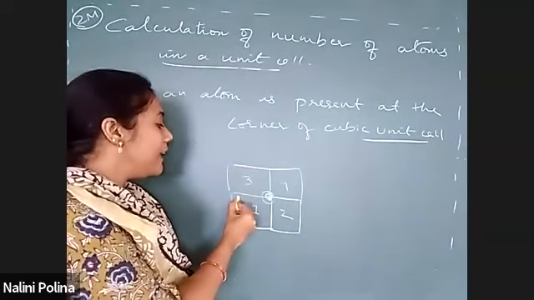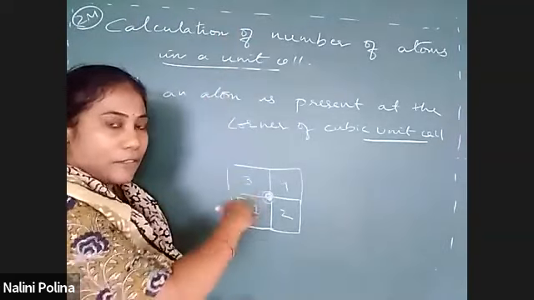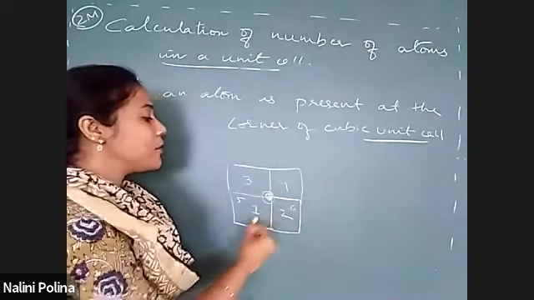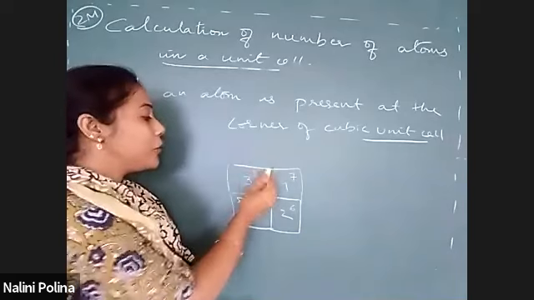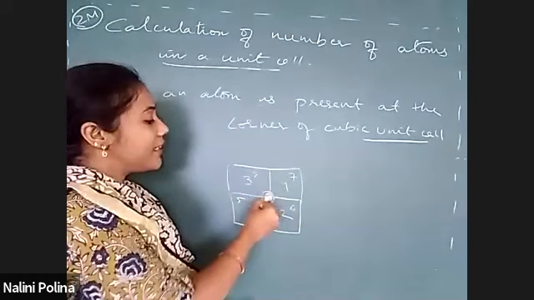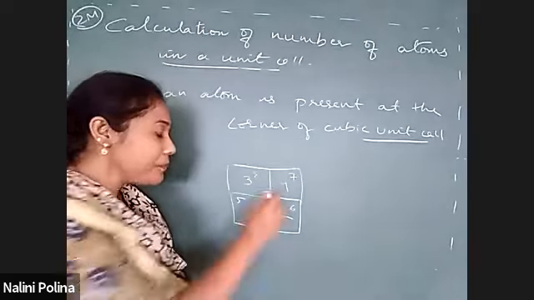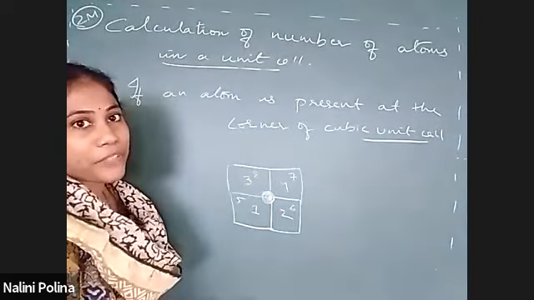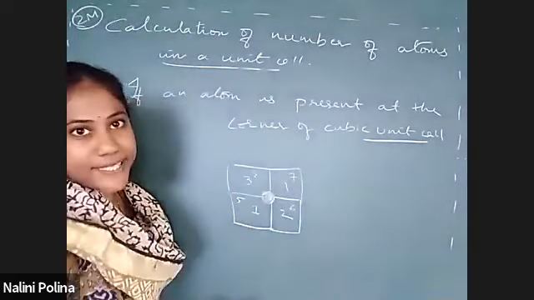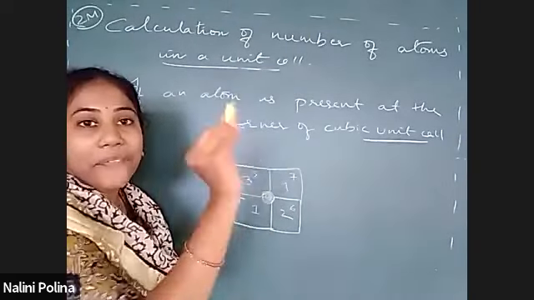Okay, so avaga illi one more room is there on first room, exactly above the first floor, first room, 5th room is there. Okay, in the next floor idu bandu 6th room. Okay, illi 7th room, illi 8th room, above this is first floor, second floor. Okay, ee nalaku rooms ku aste this corner is common. Andre what I meant to tell you is, if you have an atom at this corner, this particular atom belongs to 8 unit cells. That particular atom is common for 8 other unit cells.